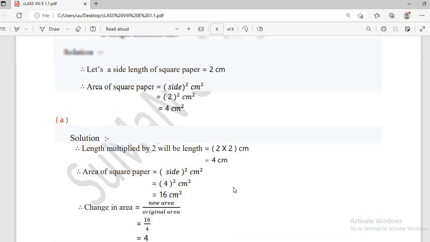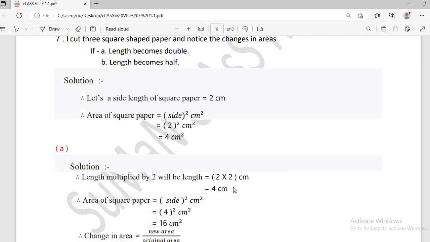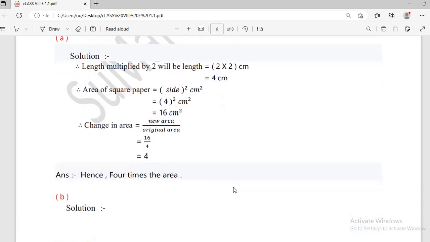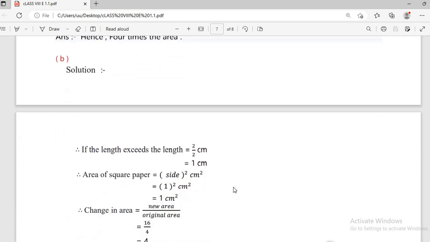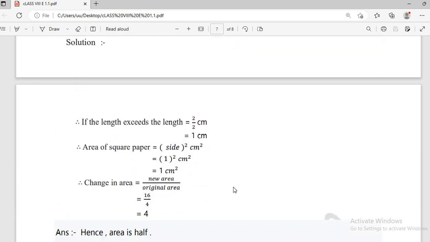তাহলে পার্ট 2 কি বলেছে, বি লেন্থ বিকেম হাফ। যদি দৈর্ঘ্যটাকে আমরা যদি হাফ করি, বি নাম্বার সলিউশন, ইফ দ্য লেন্থ এক্সটেন্ড বাই লেন্থ ইজ ইকুয়াল টু 2 by 2 ইজ ইকুয়াল টু 1 সেমি, তাহলে এরিয়া অফ দ্য স্কোয়ার ইজ ইকুয়াল টু সাইড স্কোয়ার সেমি স্কোয়ার ইজ ইকুয়াল টু 1 স্কোয়ার ইজ ইকুয়াল টু 1 সেমি স্কোয়ার। তাহলে চেঞ্জ ইন এরিয়া, তাহলে নিউ এরিয়া বাই অরিজিনাল এরিয়া ইজ ইকুয়াল টু 1 by 4 is equal to 1 by 4. The hence of area is half, মানে 1 মানে 2 এর থেকে আমাদের কম হচ্ছে।